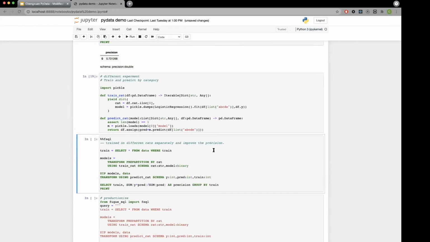Okay, so because of the partition logic, it's very hard to write in Python and standard SQL. But how do we do it in FugueSQL? It's pretty easy. You can see we just transform the training data with a pre-partition on the category, then use the train cat function we defined here to train on each different category, and also generate the output with schema: category and the model binary, which match